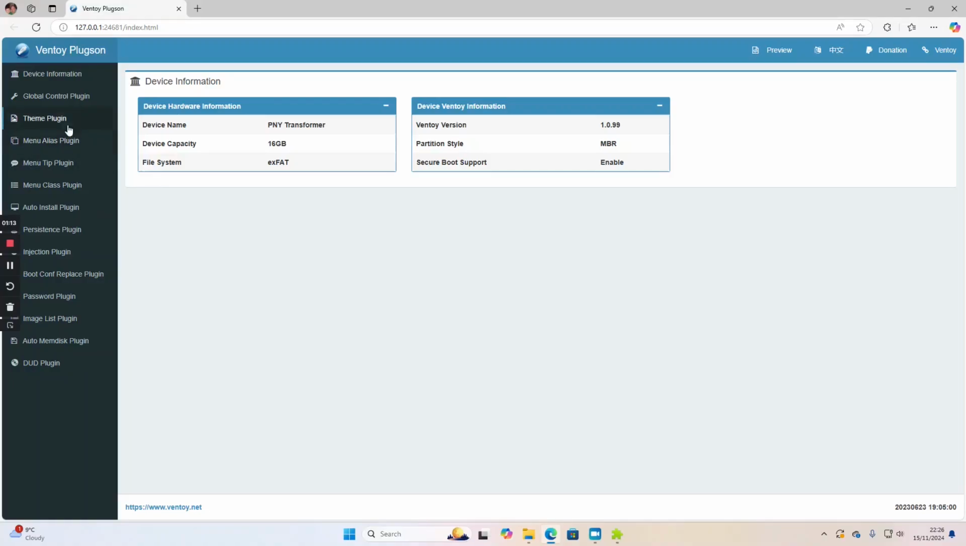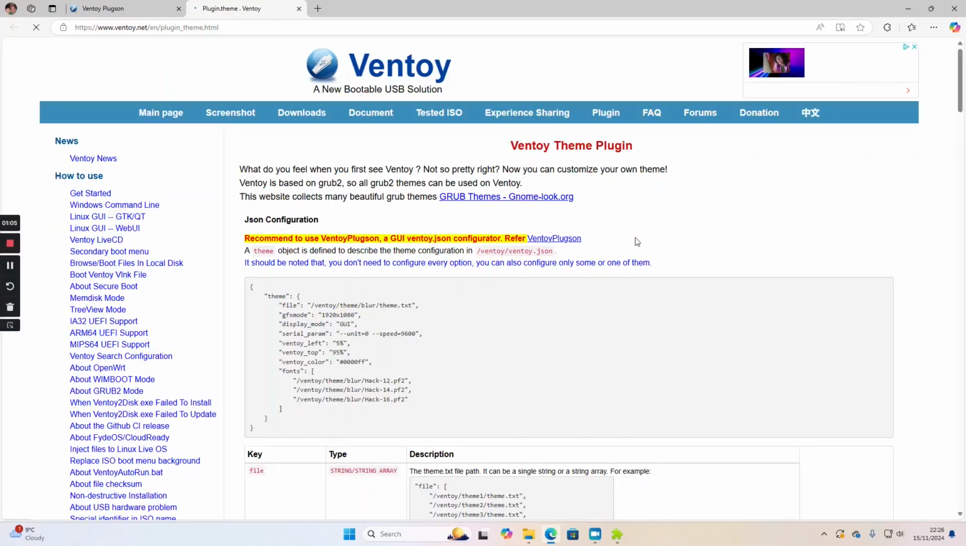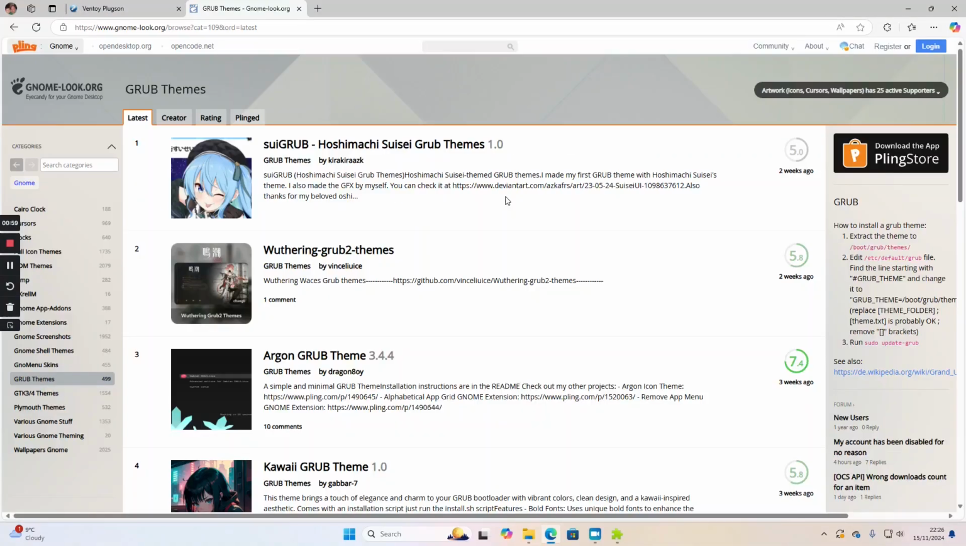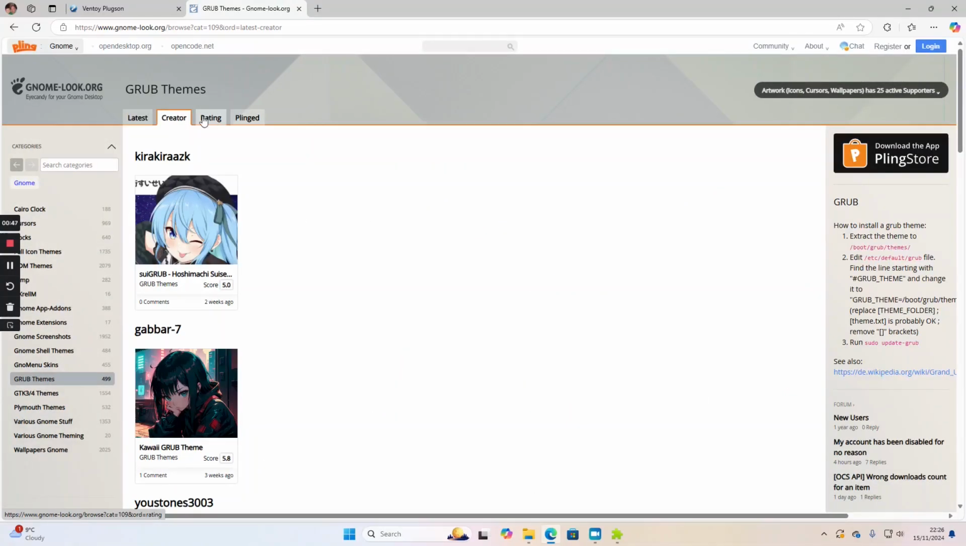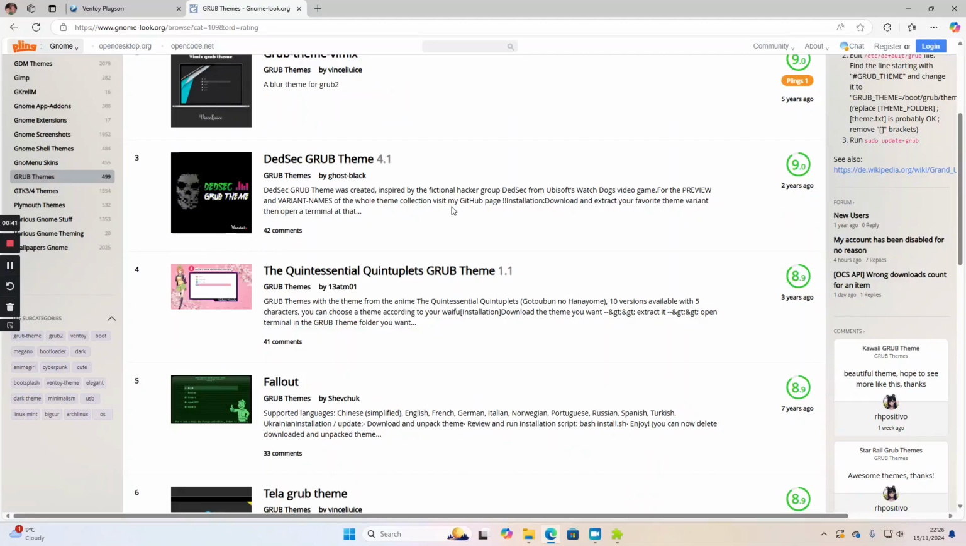What we want to do is click on the theme plugin, and what you also want to do is click on the official document, and then click on Grub Themes. So these are all the Grub themes that you can use, but you can sort it any way you want. These are the latest ones. You can do it by creator, or by rating, and I find ratings quite a good one to go past. So all you have to do is pick a theme,